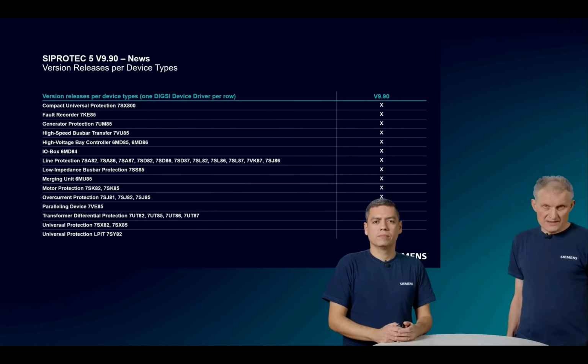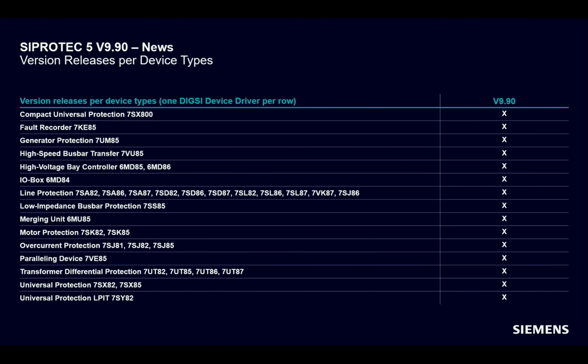So another topic is the version releases per device types. Version 9.90 of the SIPROTEC 5 devices will include a new Dixie device driver for all SIPROTEC 5 devices, which means a new driver and firmware for the following devices: a compact universal protection 7SX800, our fault recorder 7KE85, the generator protection 7UM85, the high-speed busbar transfer device 7VU85, the high-voltage bay controller 6MD85 and 86, the I/O box 6MD84, all line protection devices 7SA8, 7SD8, 7SL8, 7VK87 and the 7SJ86, our low-impedance busbar protection 7SS85,